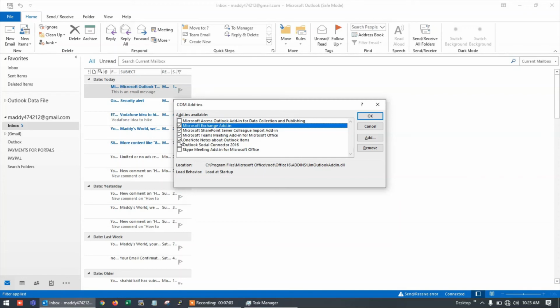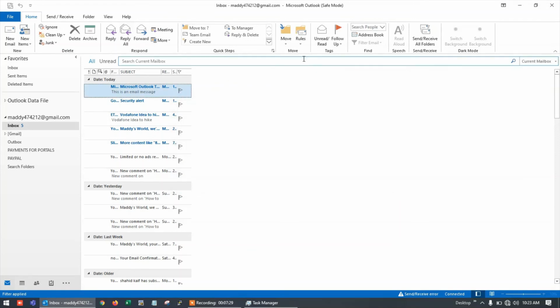To diagnose which add-in is creating a problem, you can uncheck them one by one. You can uncheck the rest three and check the first one, click OK, then open. If it starts working, it might be that one of those three add-ins is creating a problem. So you can keep diagnosing after disabling these add-ins one by one.